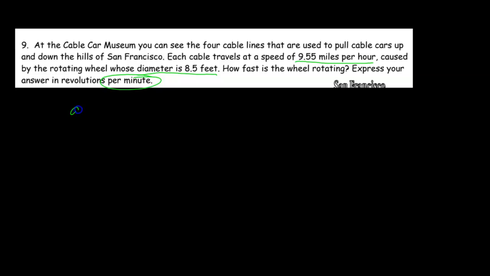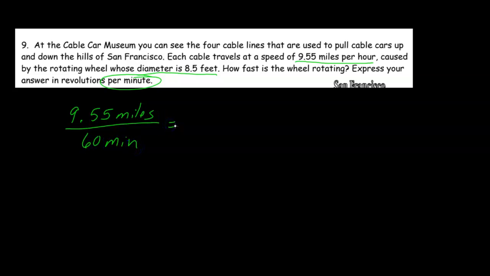So I'm going to write down my linear speed, 9.55, with the units, this is in miles. I'm going to put that over 1 hour, miles per hour, but I'm going to write it as 60 minutes because we want our final answer in minutes. So I'm going to do 60 minutes